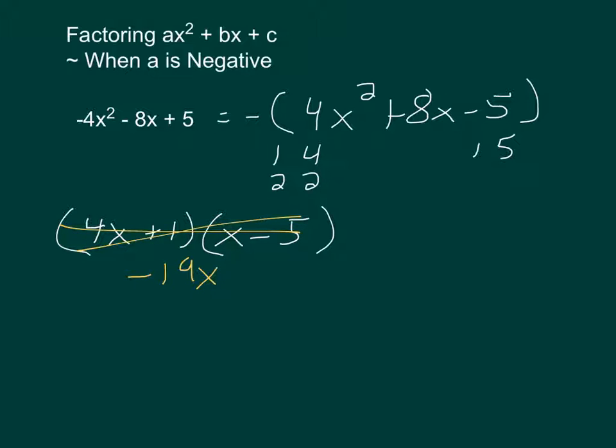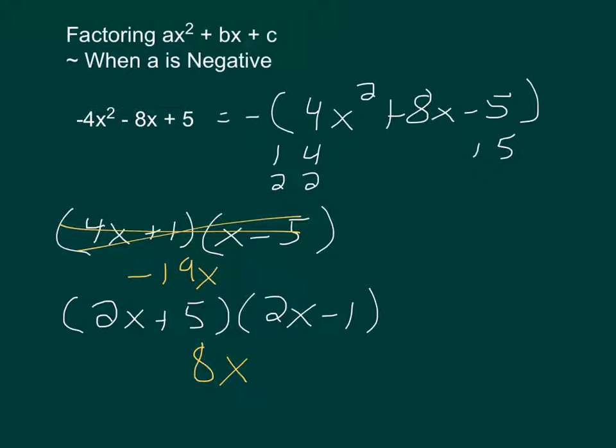We wanted to get positive 8 because of the way that we had moved it around, and that's not it. So we'll just try something else. Again, a lot of it is kind of guessing and checking here. So I'm going to go with 2x, let's say, plus 5, and we'll do 2x minus 1. Again, just kind of guessing and seeing if we can make it work. Once again, our firsts are the 4x squared, the lasts are -5, so we just do our middle term. That's -2x plus 10x actually gives us the 8x that we want, because we have to look at this version